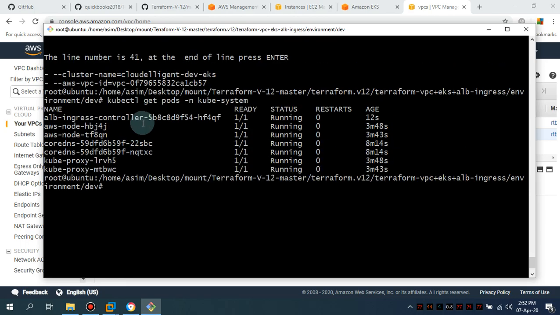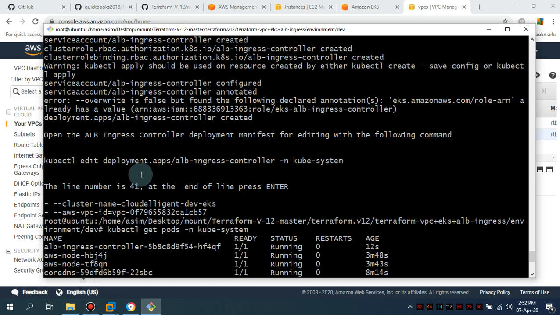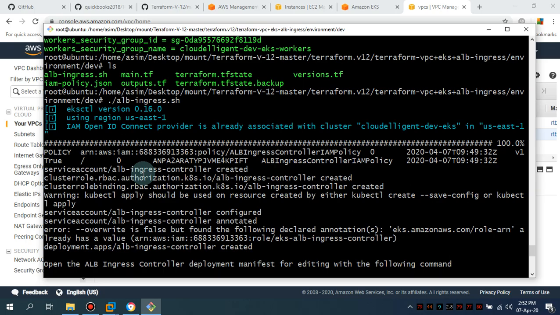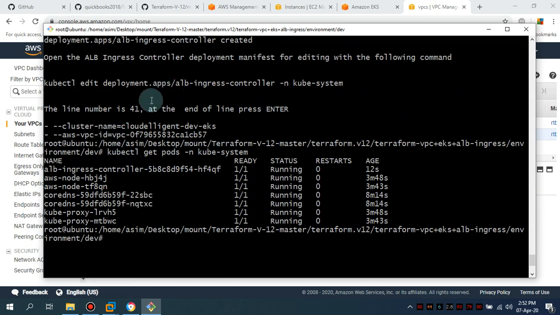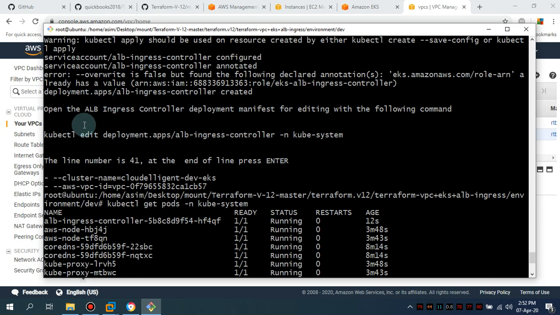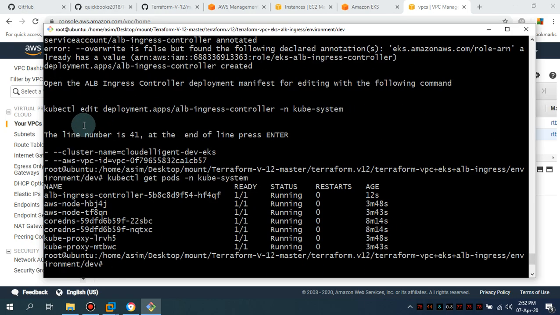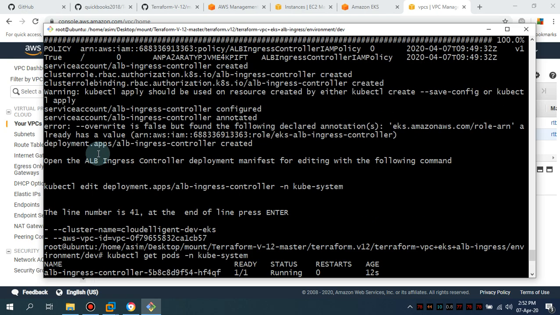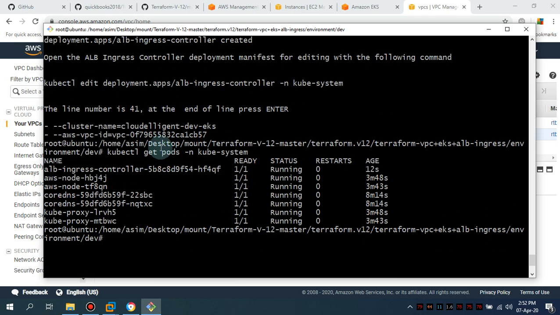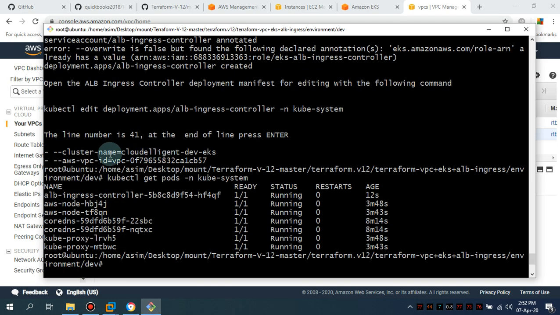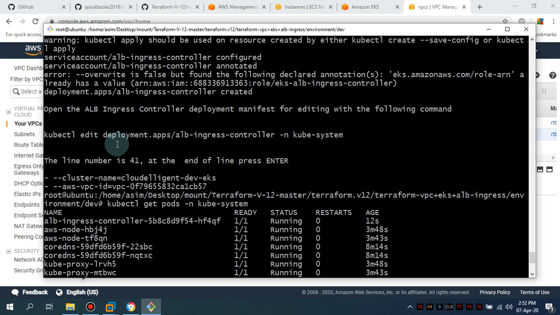And the other thing I want to show you is that you can also check the logs with regard to the relevant deployment. You can simply copy the one, just wait, this is the edit one. Okay, this is the one you're going to use. This is the one, and as far as the logs are concerned,